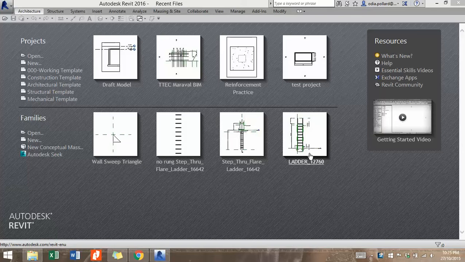So I might do a part 2 to show you how I will annotate the reinforcement, but for now I'll show you how to model. So here we go. So first I go into new. Since I'm working in metric,